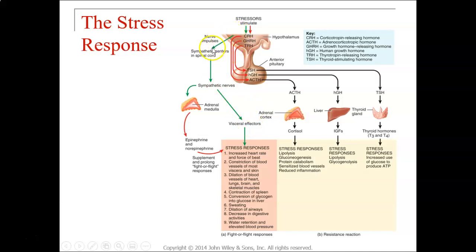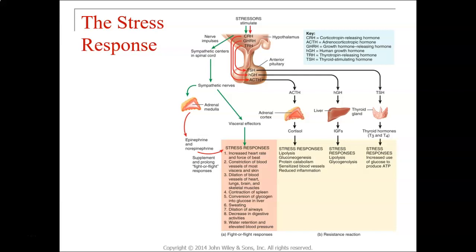Again, via the hypothalamus, we see the sympathetic centers of the spinal cord. That's going to increase the release of epinephrine. That's going to then cause, for instance, increased heart rate, the constriction of blood vessels, dilation of blood vessels to the heart, to the lungs, to the skeletal muscle. We're going to increase levels of ATP production. We're going to increase sympathetic tone. All of these things are going to be elevated in those short-term